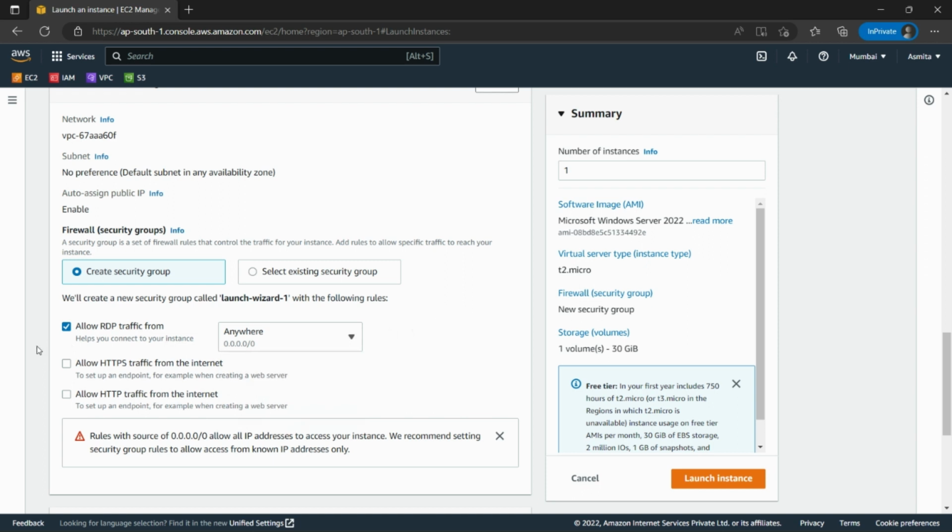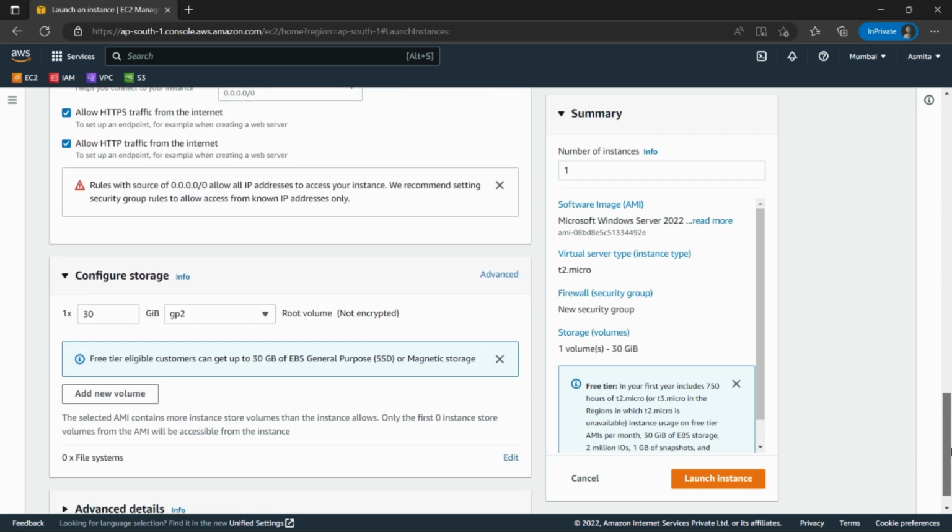Also, as we are going to host a website on this server, we can also allow HTTPS and HTTP traffic. Okay, but you can also allow these ports after creating instances as well from security group. So it's your turn that if you want to keep this check or uncheck for now. Okay,